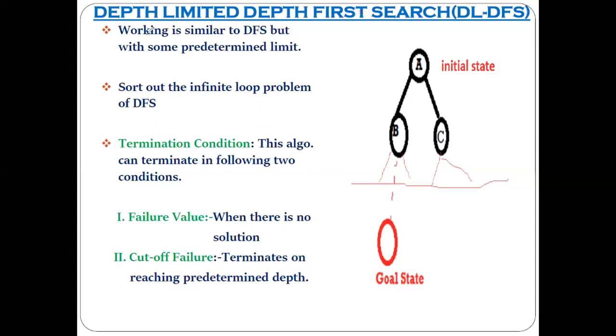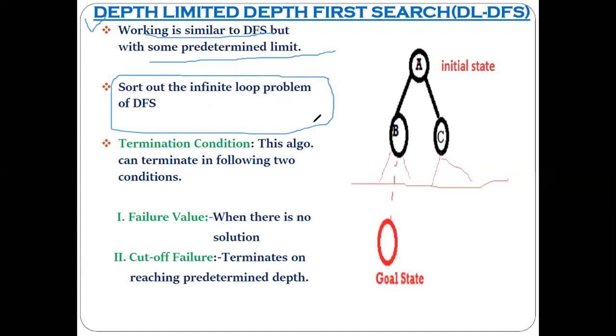So we can see it is working similar to the DFS, but the difference is the predetermined limit of the depth. That is the only difference here. Understood? Value of D. Because of this characteristic of depth limit, one problem getting solved here is that we cannot get into the infinite loop. If the depth is given, there are very few chances that the infinite loop problem will come. Yes or no? Yes, sir.